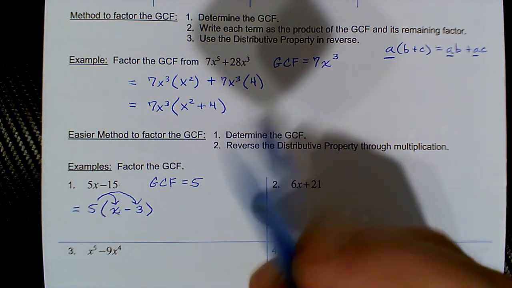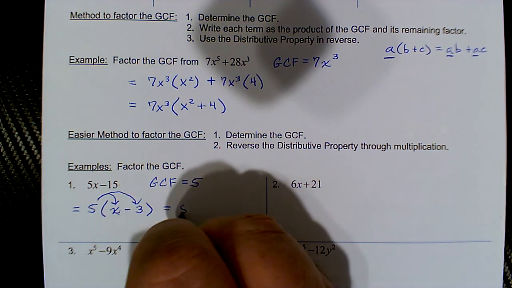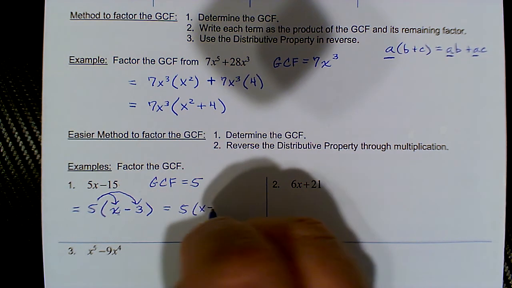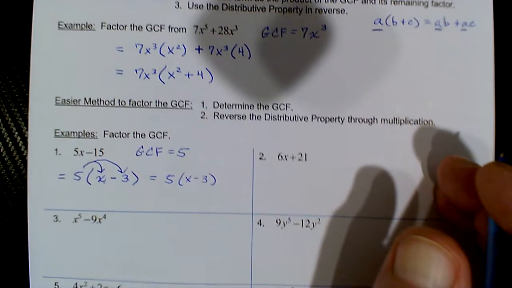So either way, the answer here, I'm just going to recopy it, is 5 times the binomial x minus 3. And you could check by distribution. Okay, so